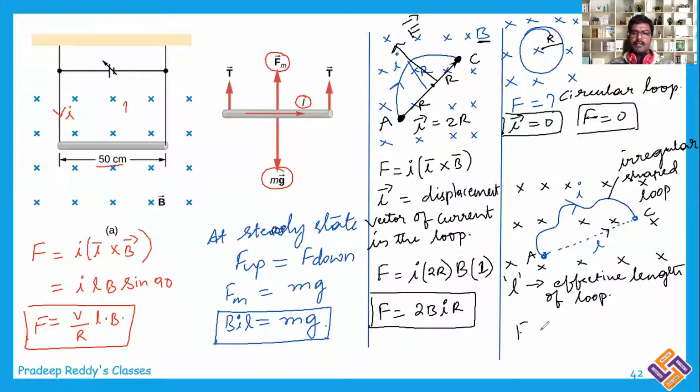Therefore, I can write F is equal to B I L sin 90, because the plane of the conductor and the magnetic field are perpendicular to each other. So sin 90 will be equal to 1. So magnetic force F is equal to BIL. And for the direction of force, you can just use the left hand rule. Current is in the direction of L bar and magnetic field is inside. The thumb represents force. Therefore, this will be the force acting on the conductor. So it should just go upward.